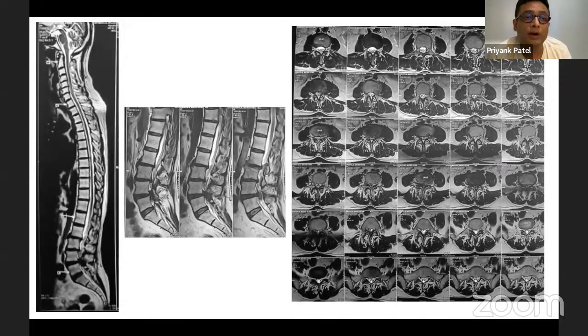All the planning has to be pre-operative planning. Once you have planned the patient pre-operatively, then intraop you just execute your plan. Don't change your plan intraop. Don't constantly keep thinking whether you have created instability. If you were thinking that there is going to be instability, it has to be a pre-op decision and you do an intraop fusion. But you should never change your plan intraop. So like Aditya mentioned, the plan here is going to be an L3 to L5 decompression with 2-3 level undercutting, which means you just remove the 2-3 ligament, but don't disturb the L1, L2 ligament area.